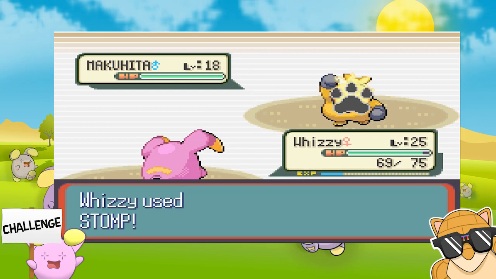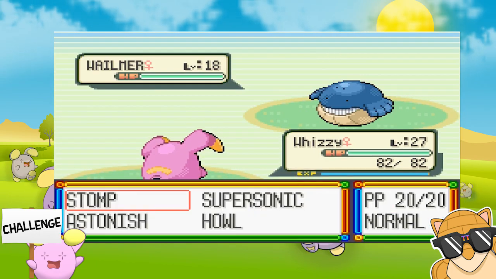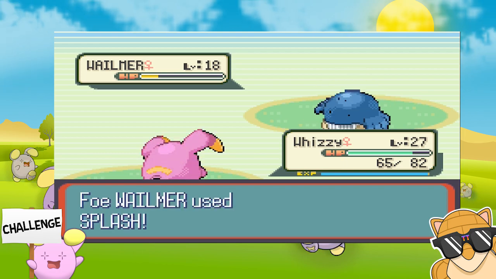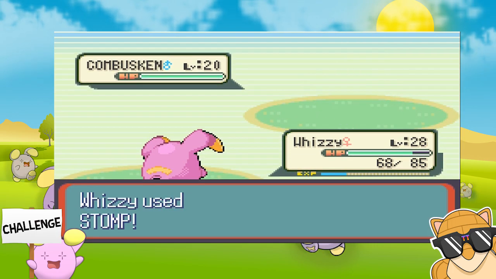We kick his butt with Stomp, literally. But with that being said, we get the second gym badge, and we make our way over through Slateport up north, where we fight May, who now has a Wailmer that only knows Splash. So what we do, we use Howl. We howl all the way up, so we get a maxed out attack stat, and we just basically one-shot the